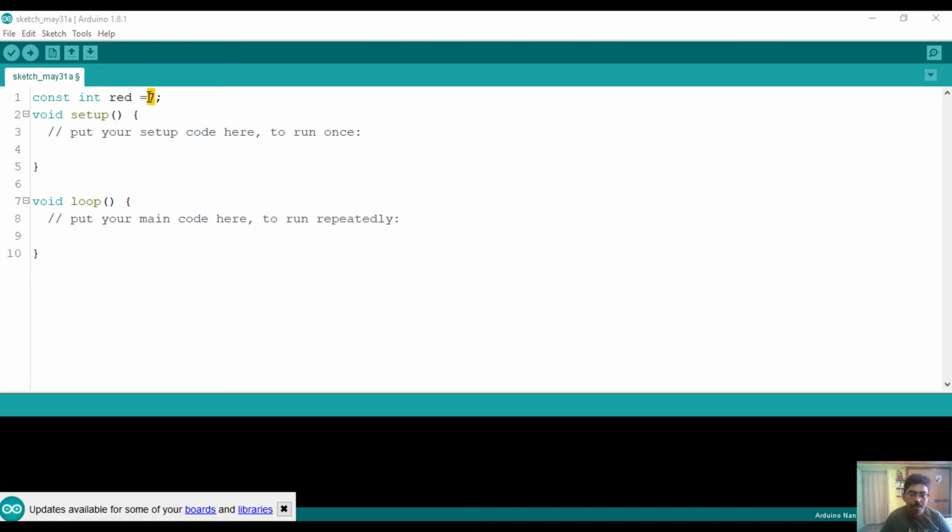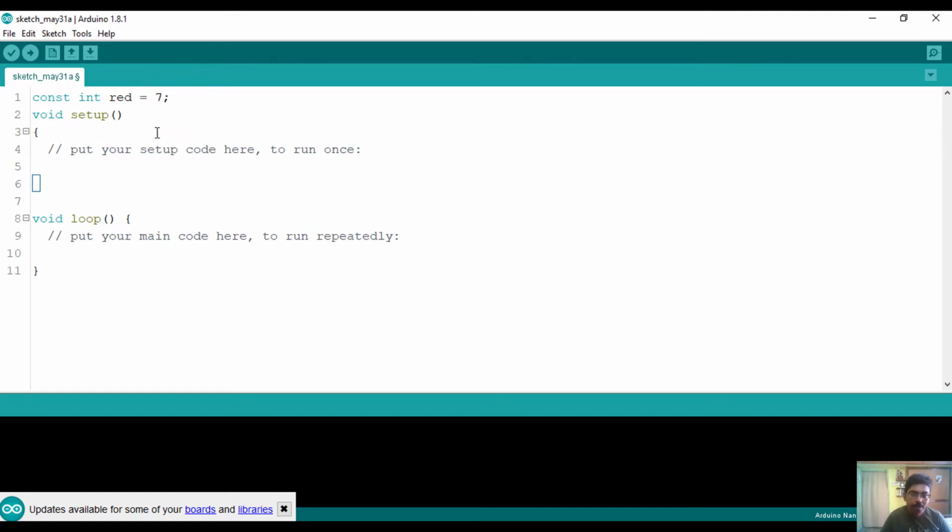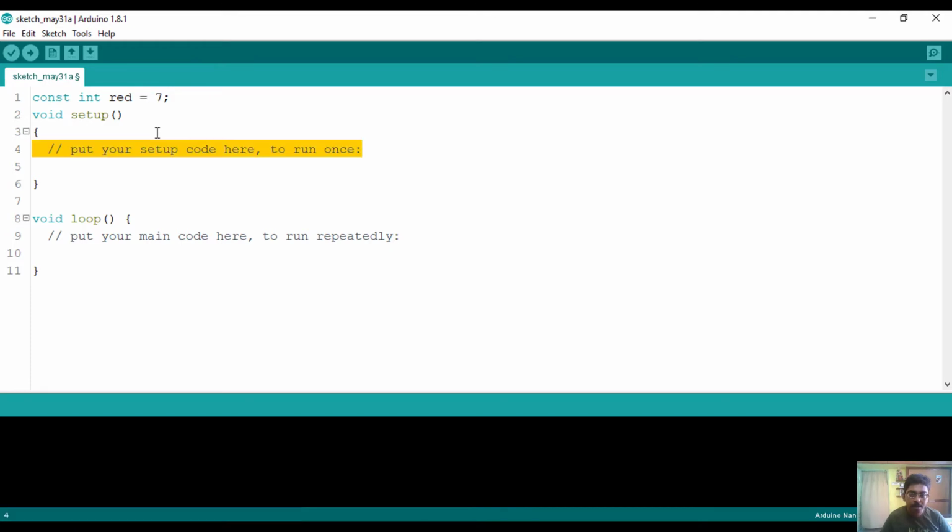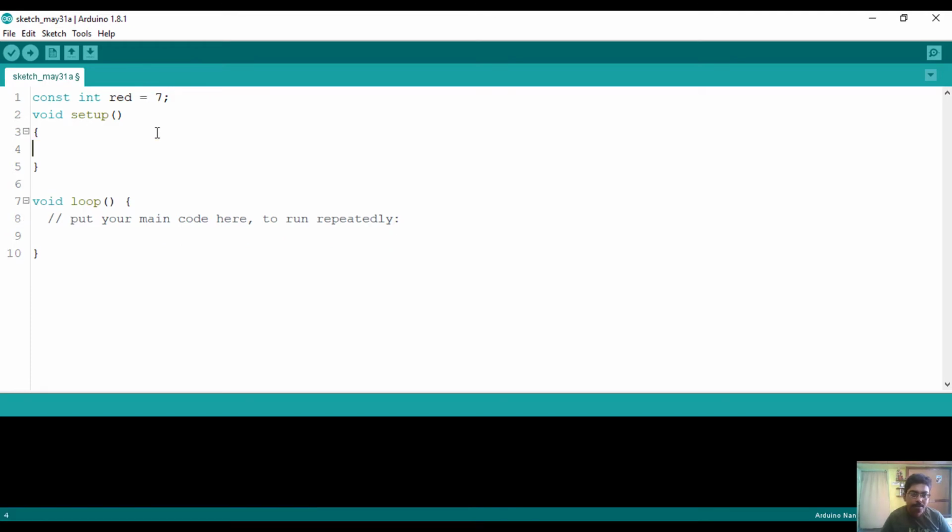Here the 7 represents the pin number in the Arduino. The setup program will run only once. Here we are going to define pinMode of the red LED as output.